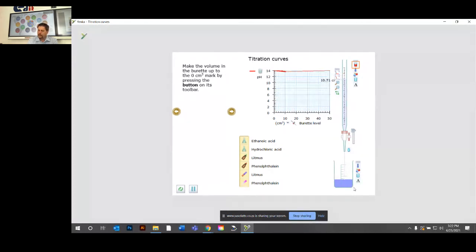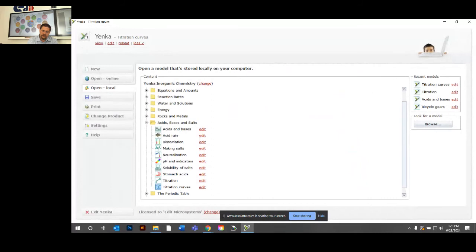What happens when it neutralizes? Just follow it. The curve should take place right here. And the color should change and it should carry on to the other side of the graph. There the drop takes place and it moves on. So what I really like about the software is that it gives students access to stuff that they wouldn't generally have